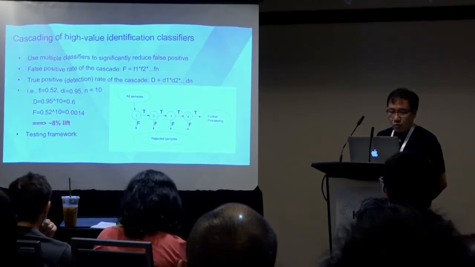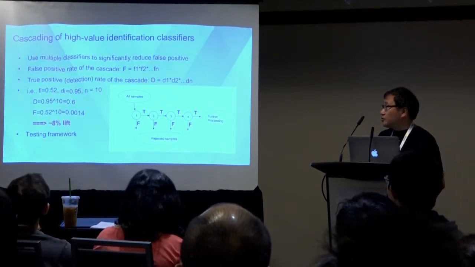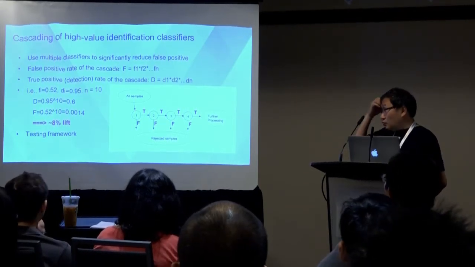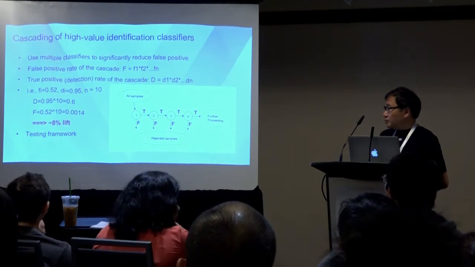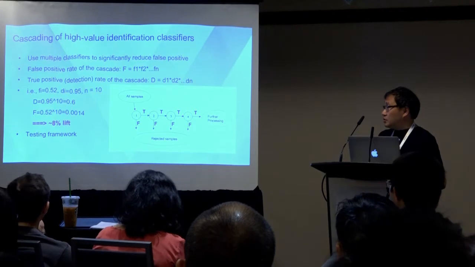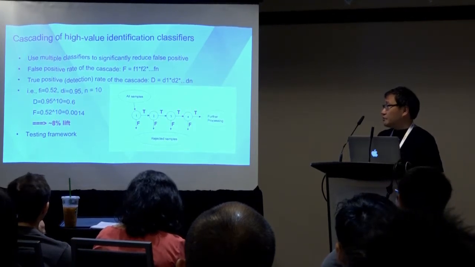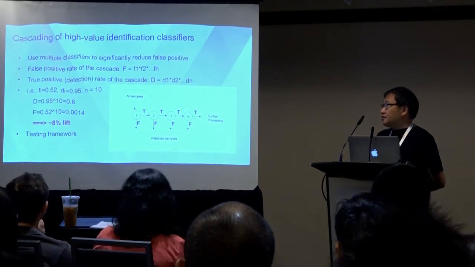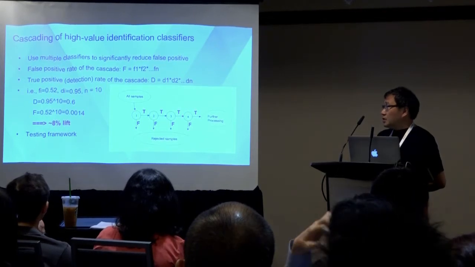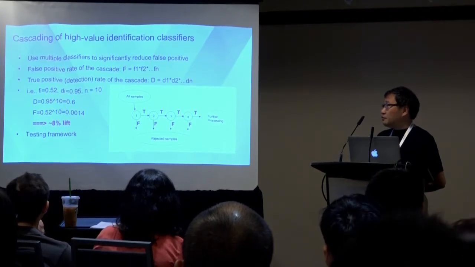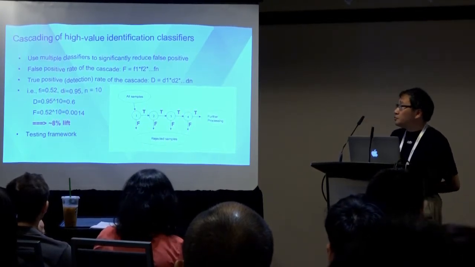And after that, we actually build the cascade structures. Each individual node you can see here represents a boosting classifier I mentioned earlier. So here we can try to make some trade-off between the false positive rate and the true positive rate. In our scenario, basically what we want is a very low false positive rate, because if we made any mistake